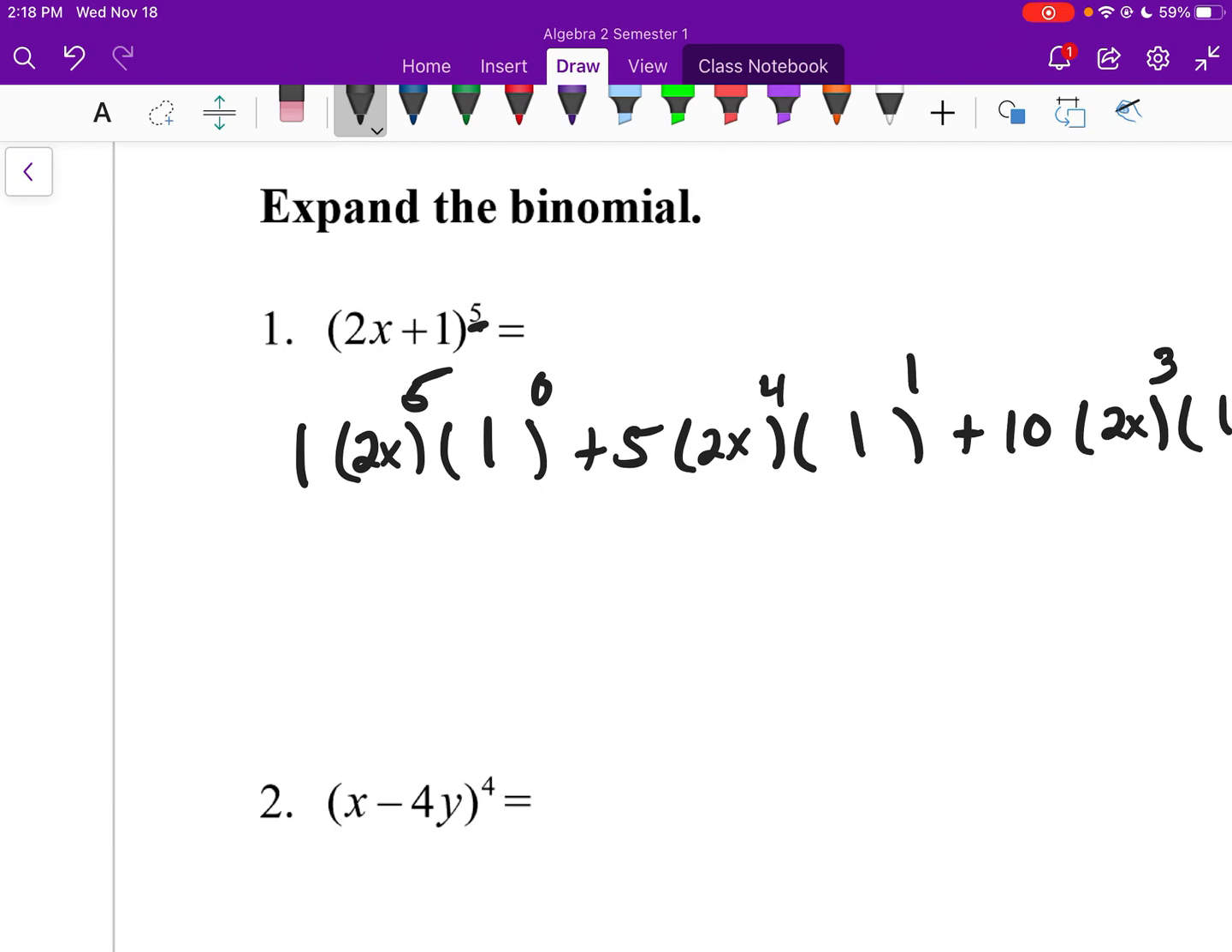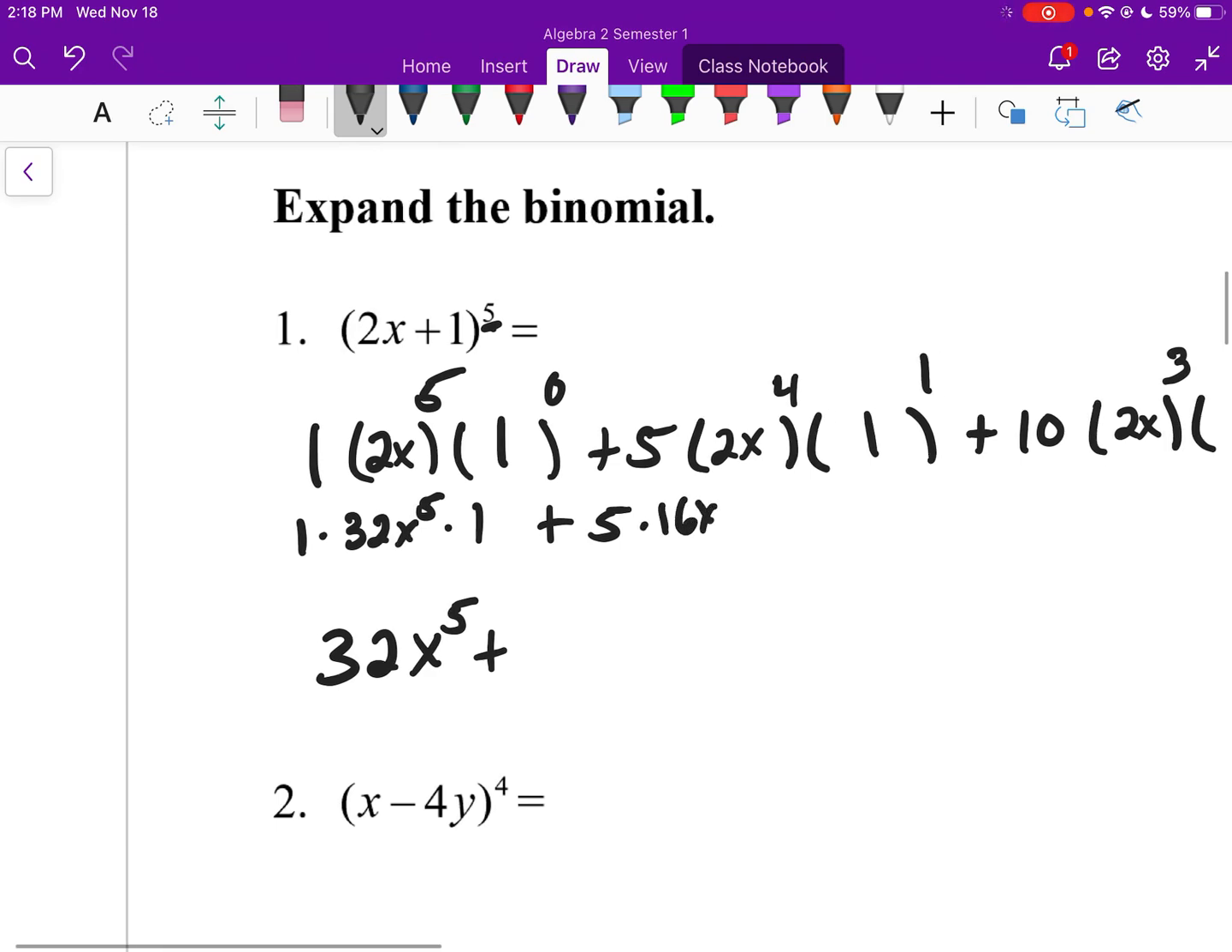So 2x to the 5th. So that's saying 2 to the 5th, x to the 5th. 2 to the 5th would be 32. So we got 1 times 32x to the 5th times 1, which gives us just 32x to the 5th, plus that 5 times 2x to the 4th, which will be 16x to the 4th, times 1, because 1 to any power is 1. So 5 times 16, we're going to get 80. So plus 80x to the 4th,